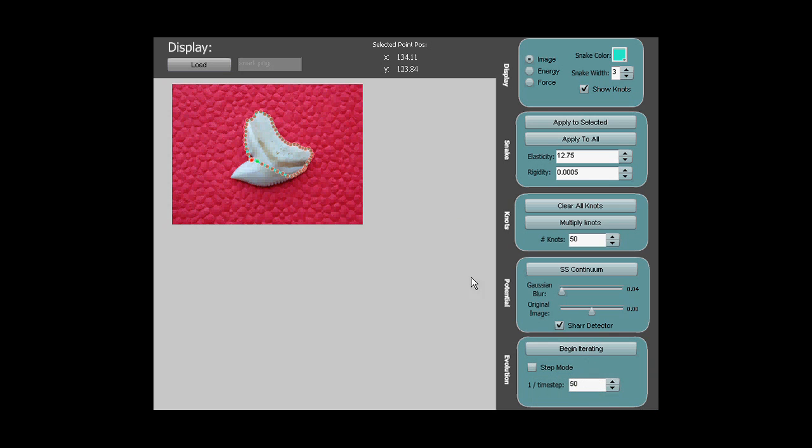And that's about it. I'm going to stop that, move that to 200. Kill that, clear. Let's do this one more time. Bam, bam, bam. Okay, move up the scale space just a bit. Multiply my knots, begin iterating, and there you have it. Kabup. And there's